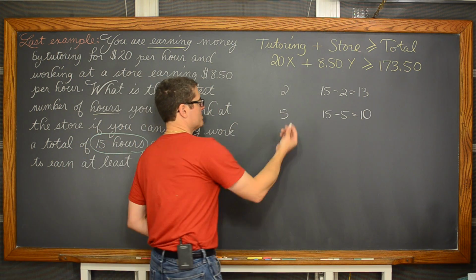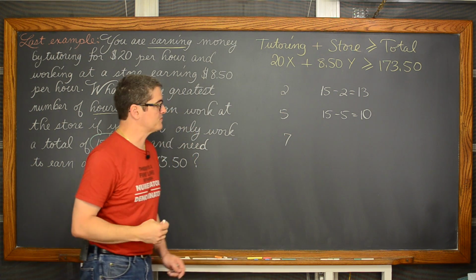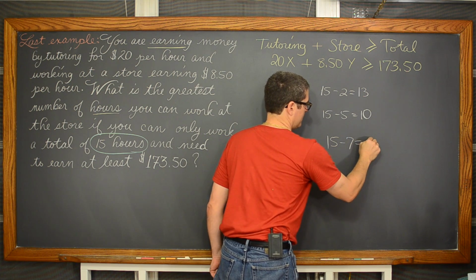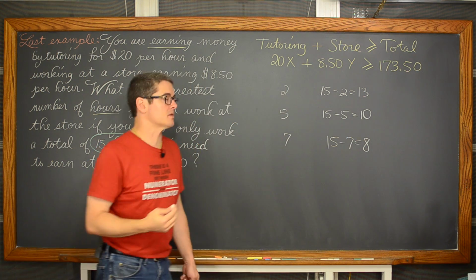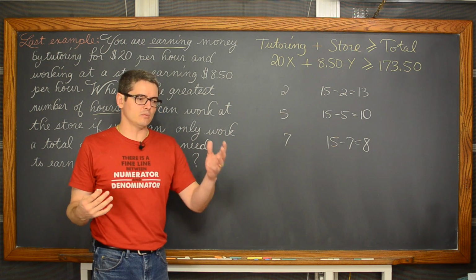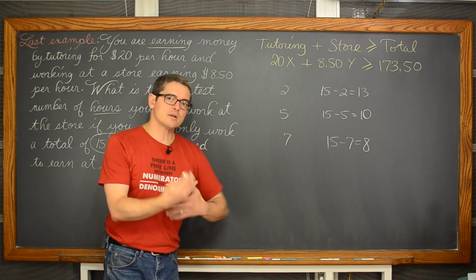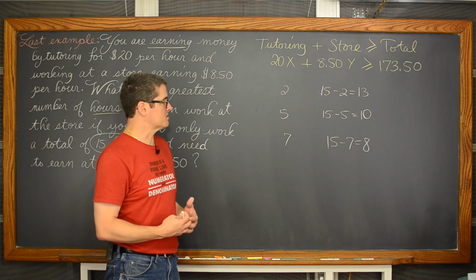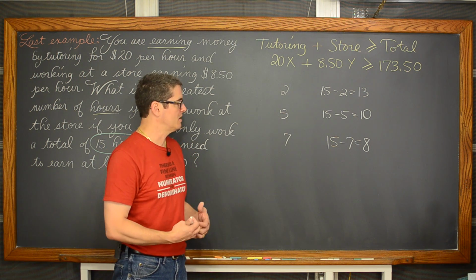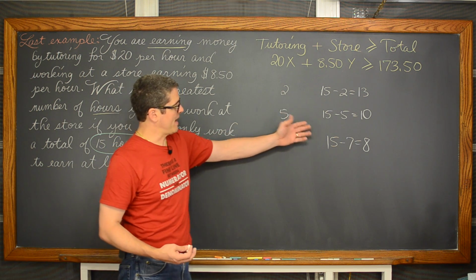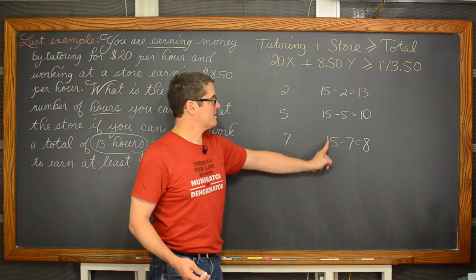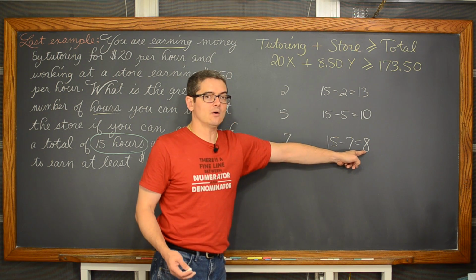If you do 7 hours of tutoring and you can only work a total of 15, that leaves you with 8 hours left to work at the store. Now, I'm making up concrete numbers because we've been doing arithmetic since we were little kids, and the abstract idea of algebra maybe wasn't introduced until much later, and even then abstract ideas of algebra sometimes are more difficult to see the pattern. But 2, 5, and 7, well, I'm just taking each of those numbers and subtracting them from 15 to find out how many hours I could work at the store.